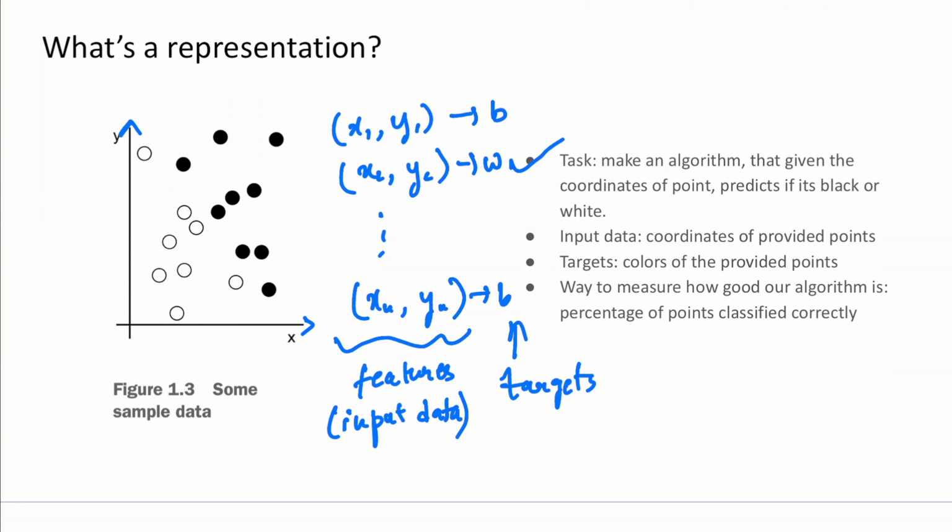Now you need a way to measure how good your algorithm is, and that can be the percentage of points classified correctly. If you build an algorithm and I give you 100 coordinates, we can check the percentage of points that have been classified correctly. That's the performance of your machine learning model.